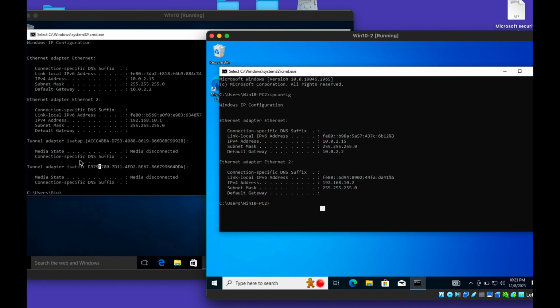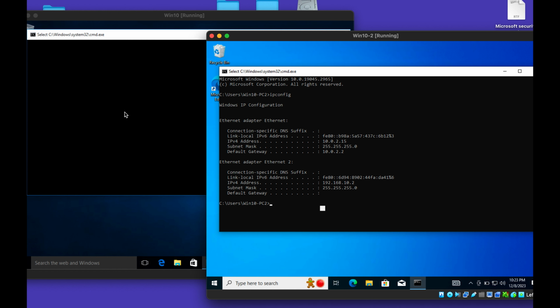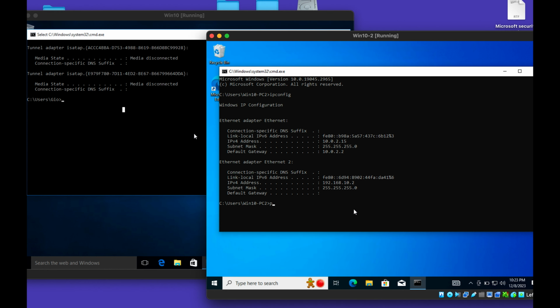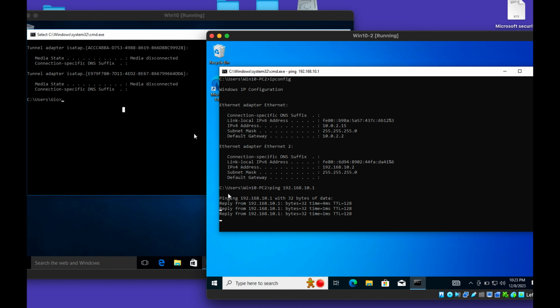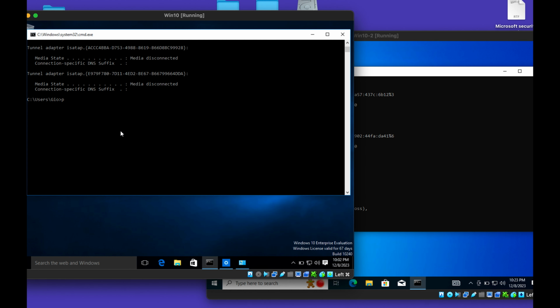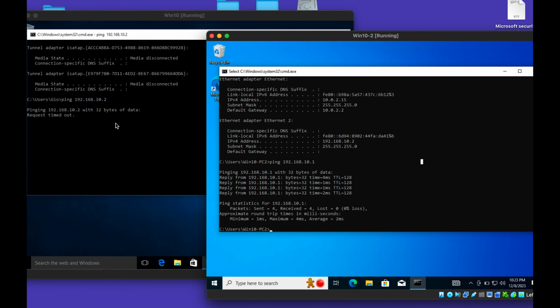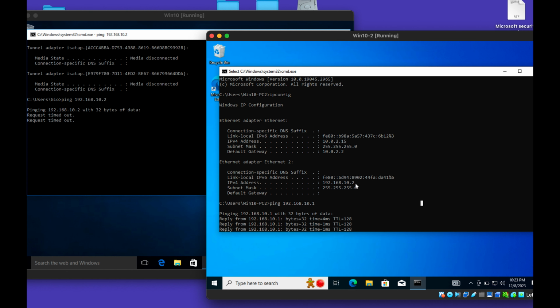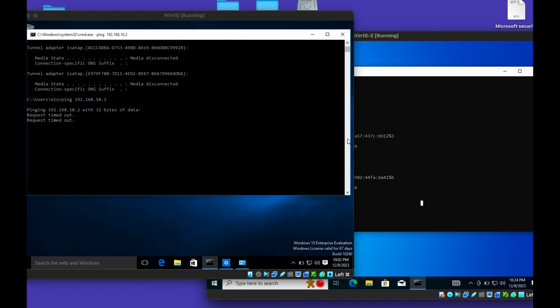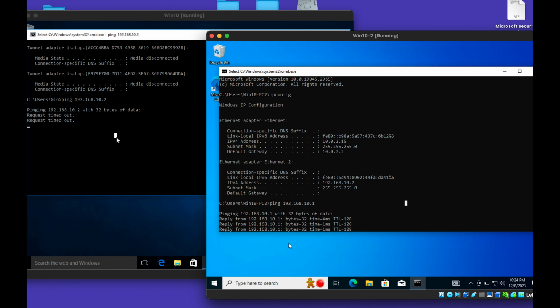192. So let's try pinging. Let's see if they're connected. So ping 192.168.10.1, and we have a connection. So now let's ping 192.168.10.2. Okay, so this timed out. 10.1 works, and 10.2 timed out. Okay, so for here,